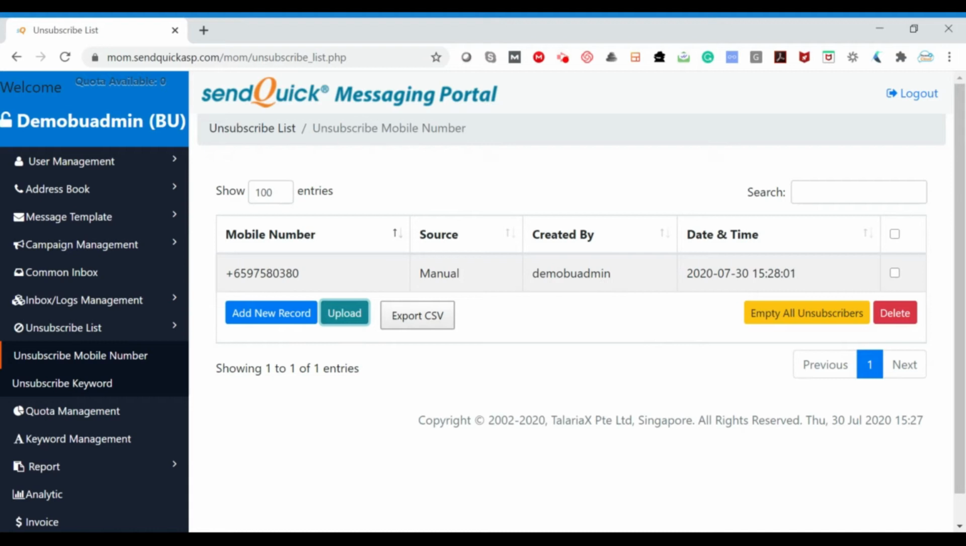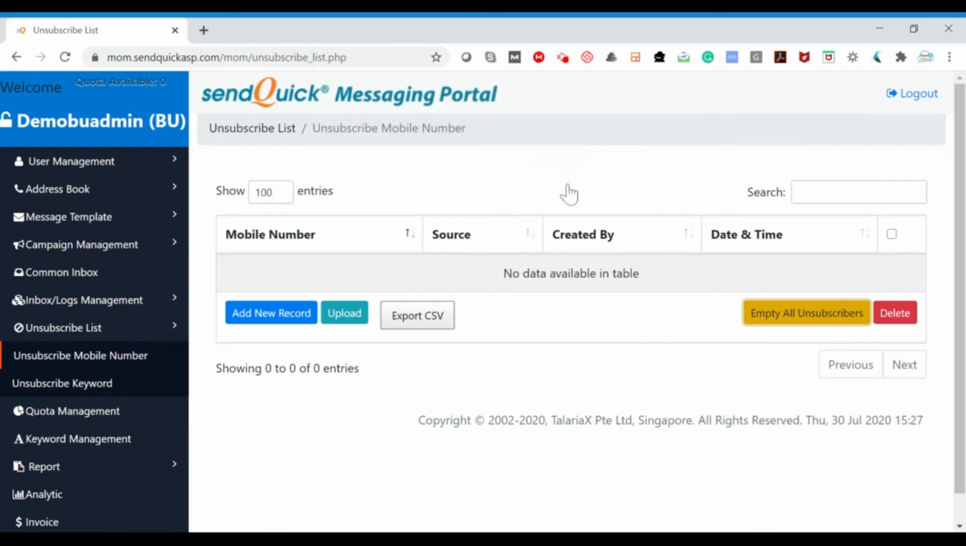And if these numbers are no longer unsub, you can actually delete by clicking on the checkbox to delete whichever entries that are relevant. Or if it's all of them, you can just simply click on empty all the unsubscribers to actually empty out